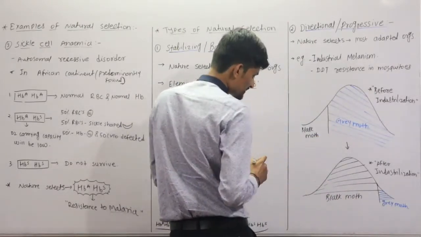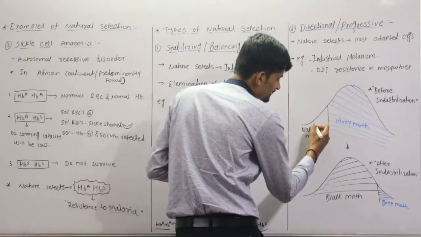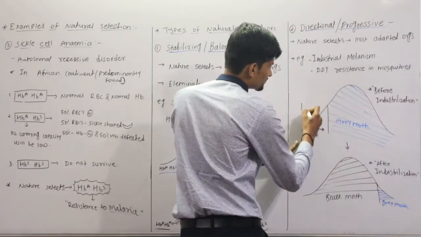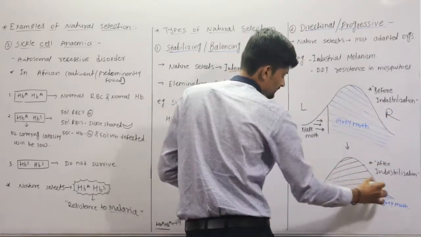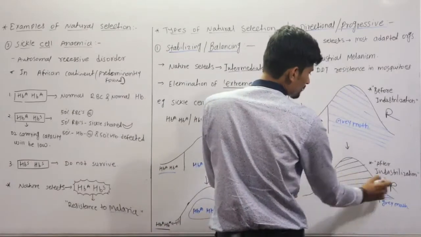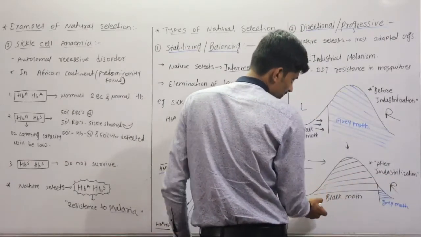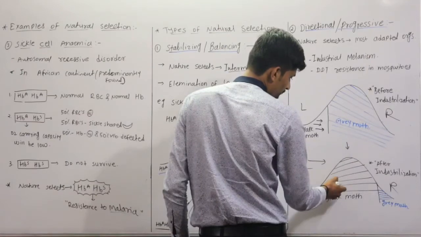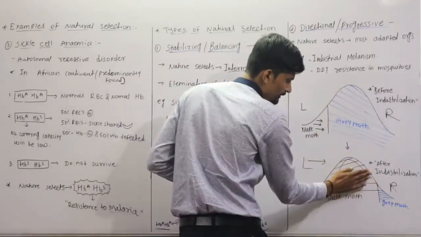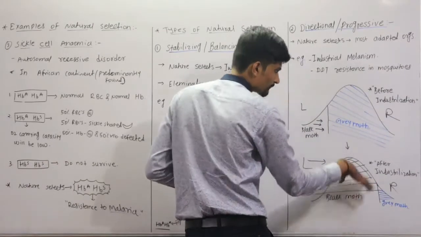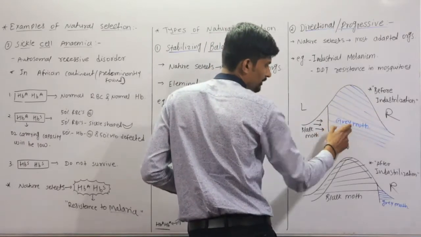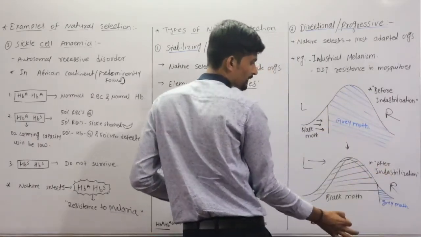What happens in this graph? There is a shifting of these black moths from this left side to the right side. Suppose this is the left side and this is the right side. So what happens? From left to right, there is a shifting, or there is an increase in the number of black moths. So this portion now represents the black moths' number, and here this major portion represents the grey moths. But after industrialization, what happened?